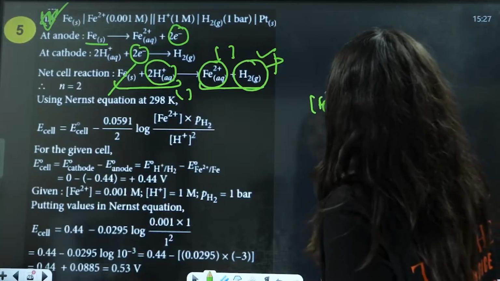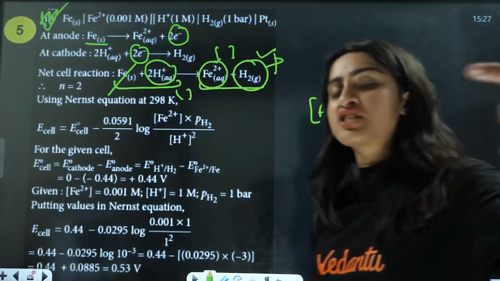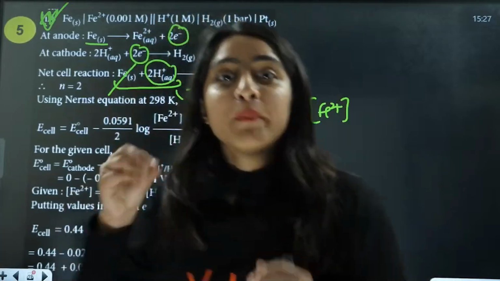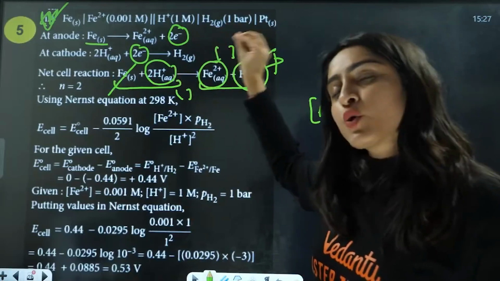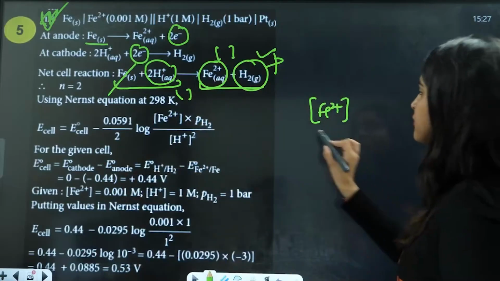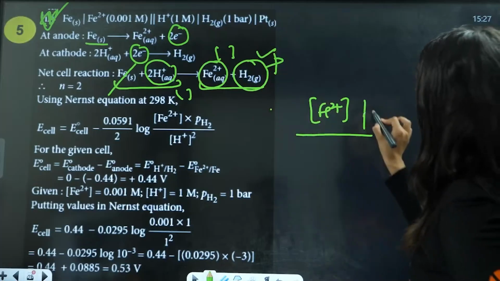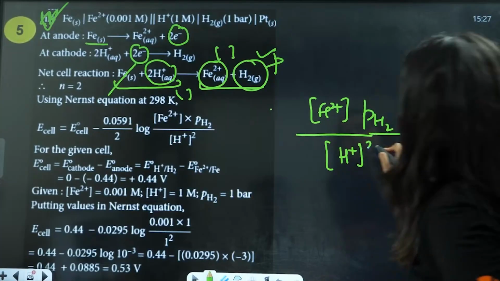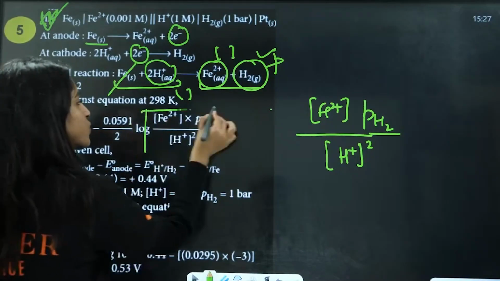That is the concentration of Fe2 positive. Now you will say, ma'am, you always say write oxidation by reduction, why are you now saying product by reactant? But that is a simpler way of writing it, because the product side is always the oxidation side. You will find the oxidation ions here. That was the formula for you. But now product by reactant: this is the product and this is the partial pressure of H2. Then you have the reactant, that is H positive raised to the power of the stoichiometric coefficient. This was the main highlighted point of this question.